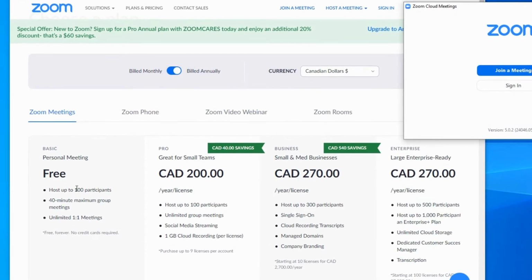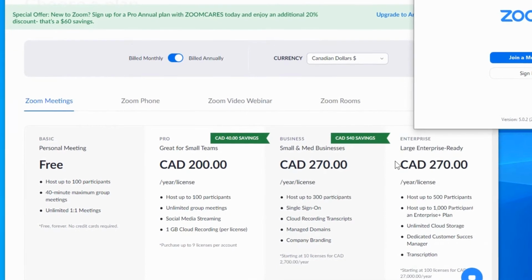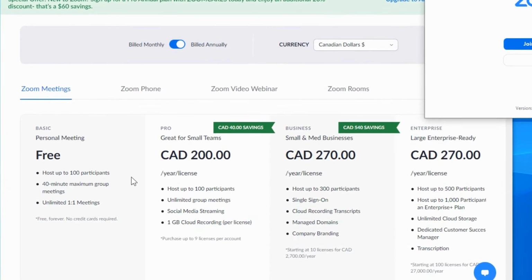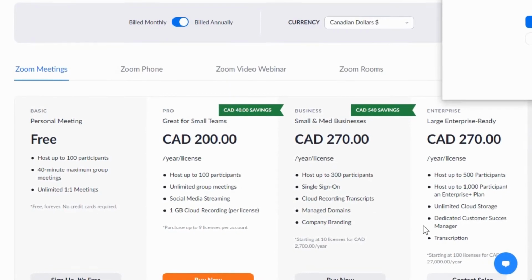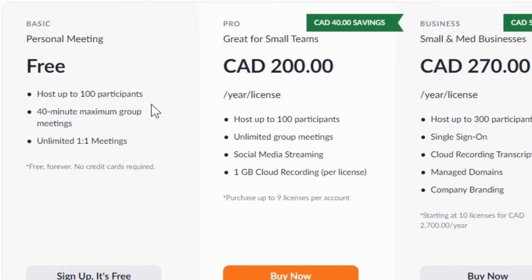But if you're hosting a meeting, there's various price levels from free to $270 for the larger packages here, and it depends on how many people you're going to be having in your meeting, how long the meetings are for, and there's some other details and features that you get as you get into the higher pricing. So we're going to be working with the free one here today. It's just a one-to-one meeting. It's just one, or I guess two participants, even though it's just me playing with my own other computer.